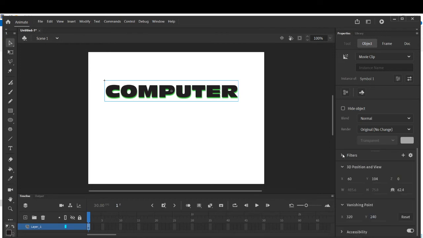Okay, so this is the filter option. Go to plus and drop shadow. Clear? So for this you can use filter option. From where you will get the filter option? From by converting it into symbol, and then you will get it here, just at the bottom of this property dialog box.